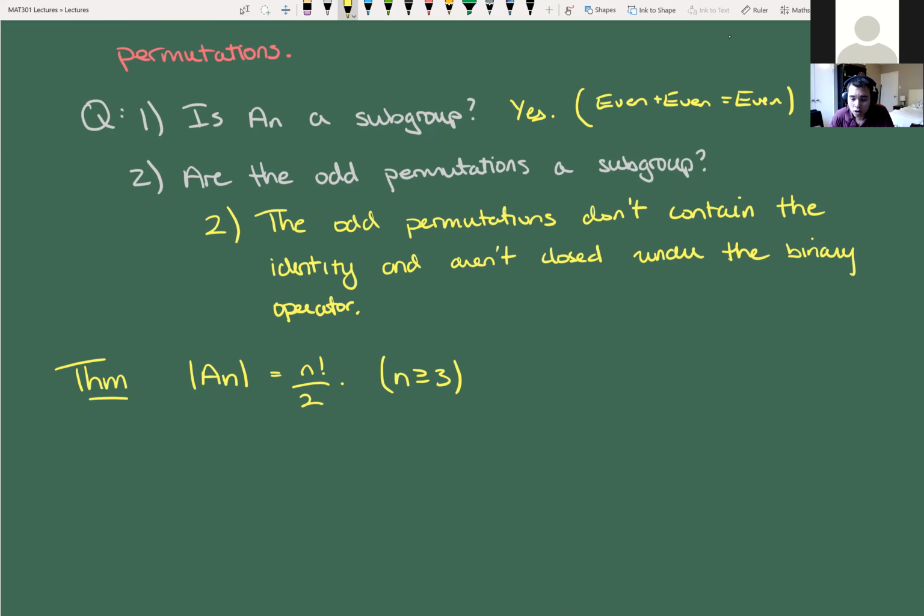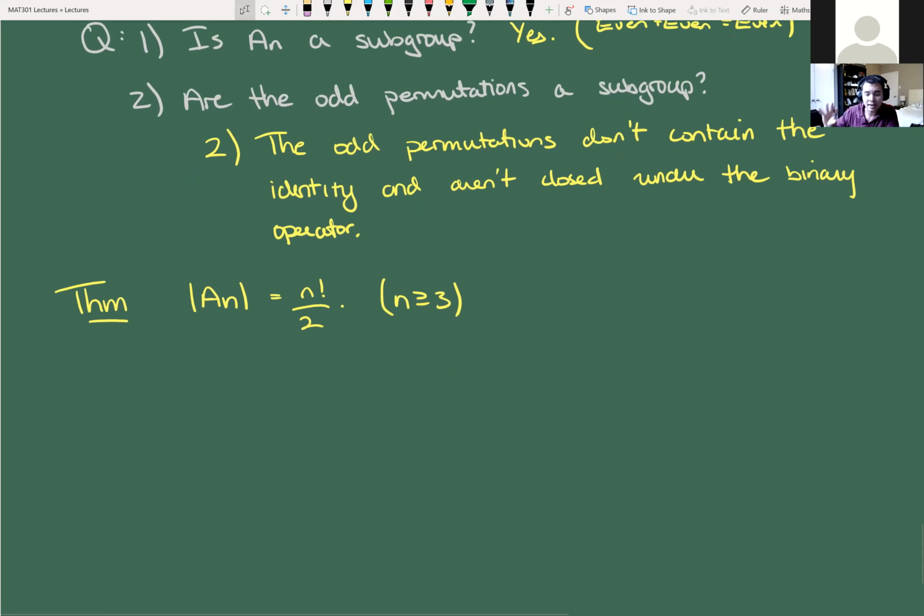And the way that you do this is you just argue the number of odd permutations and the number of even permutations are exactly the same. And therefore, they both must have the same number of elements. And so the number of elements that they each have is n factorial divided by 2, right? That's 100%. The proof is exactly that. Usually, if you want to make it a little bit formal, you say, look, An and Bn, or sorry, the even permutations and the odd permutations are in bijection with one another, and you can explicitly construct that bijection. And then you just say, look, they're the same size, right? So the idea of the proof,